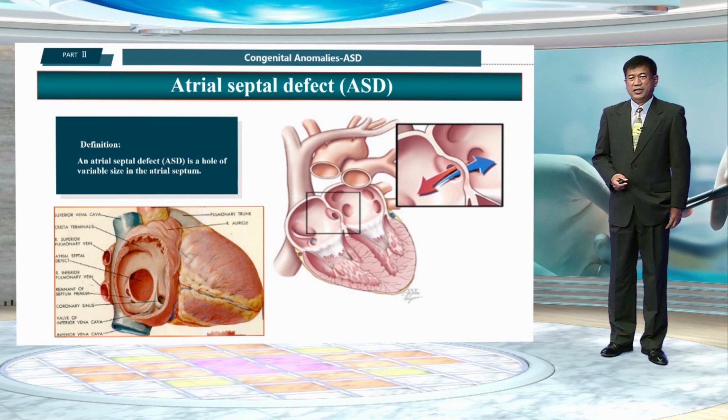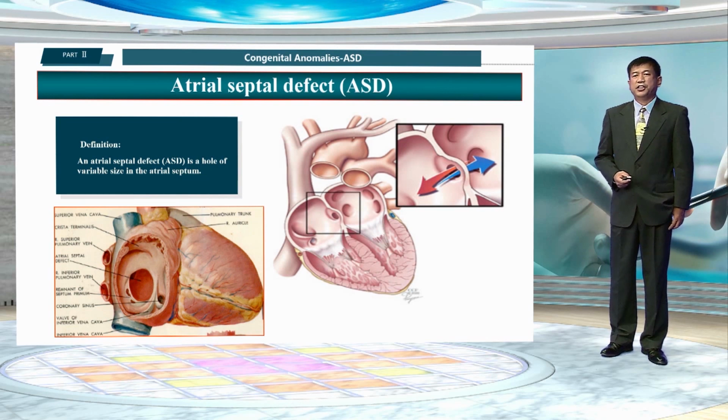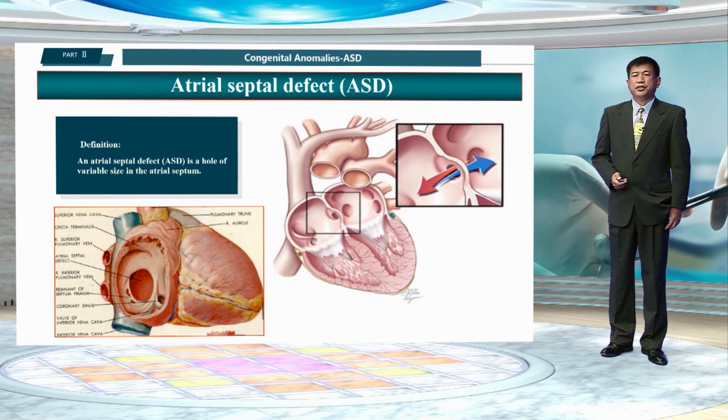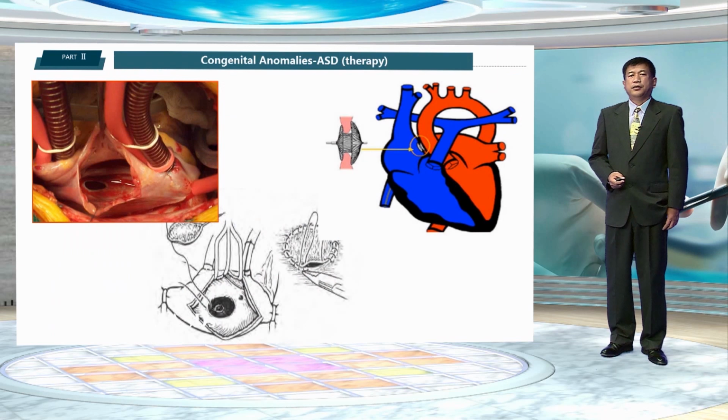And now, let's study the atrial septal defect. It's called ASD. Definition: an ASD is just a hole of variable size in the atrial septum. This drawing shows that there is a hole at the center of the heart. That's the septum, atrial septum. The left picture shows the intraoperative view of an ASD, and the drawing shows how the ASD is being